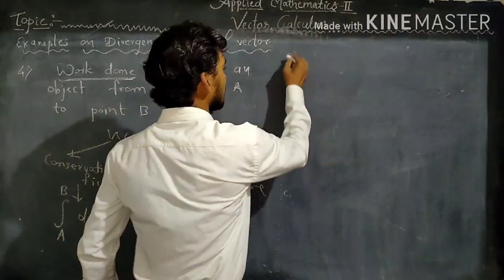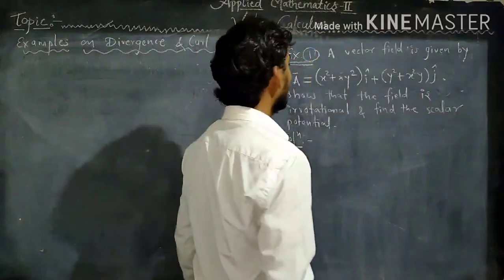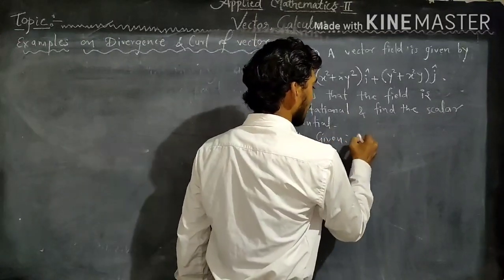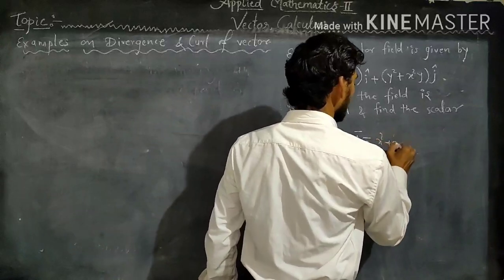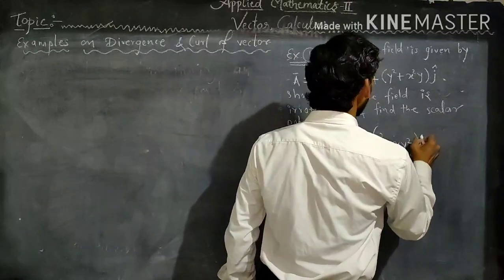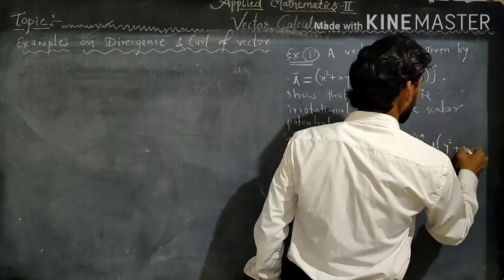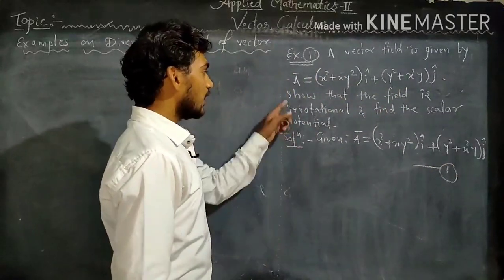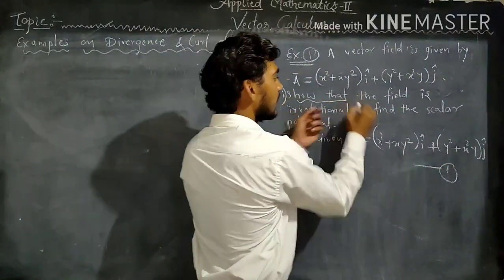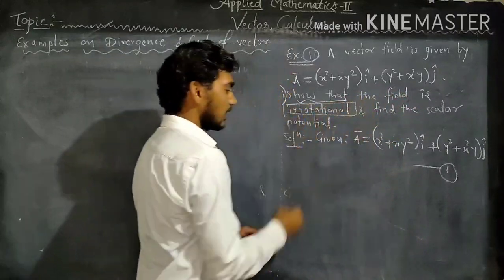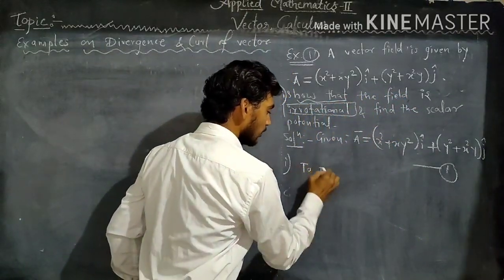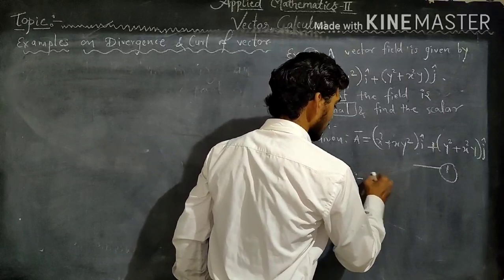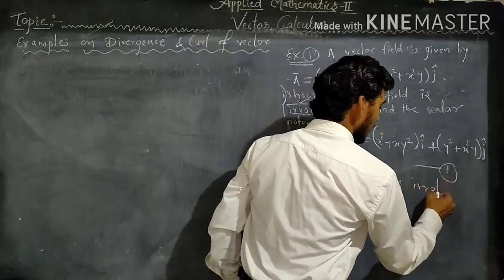So let us take first example. In this example, what is given? Given that vector A is given by (x square plus xy square) i plus (y square plus x square y) j, say equation number 1. And in first case we have to show that the field is irrotational. So first to prove given vector field A is irrotational,